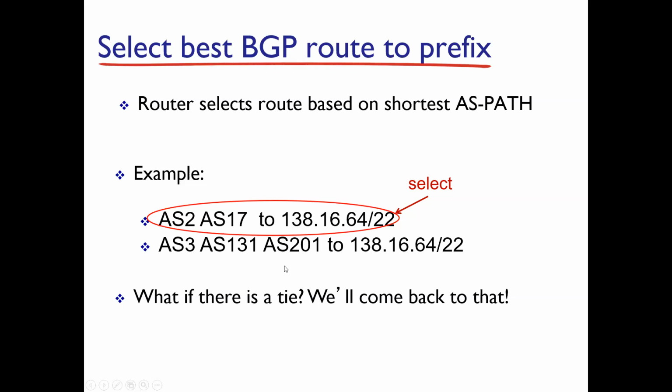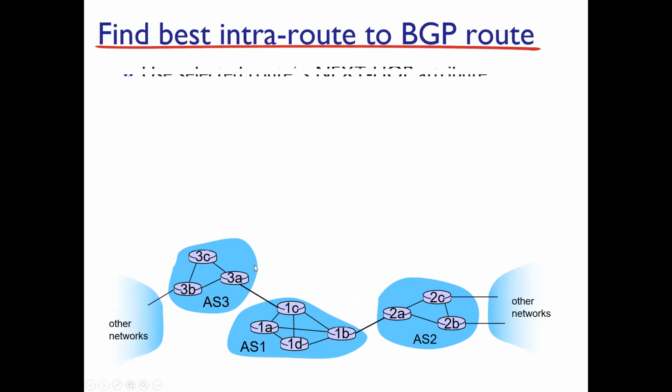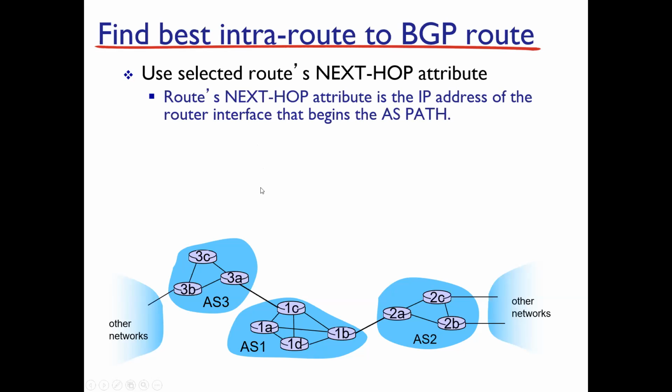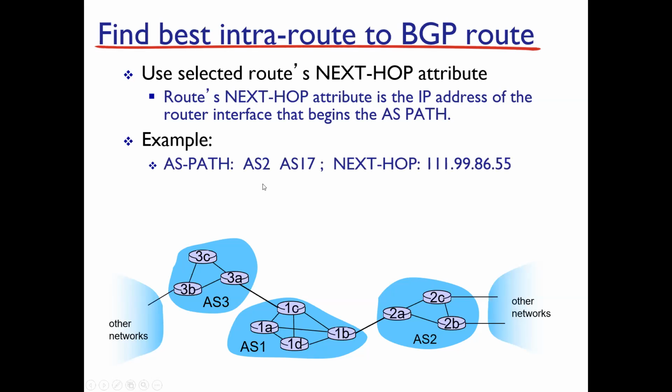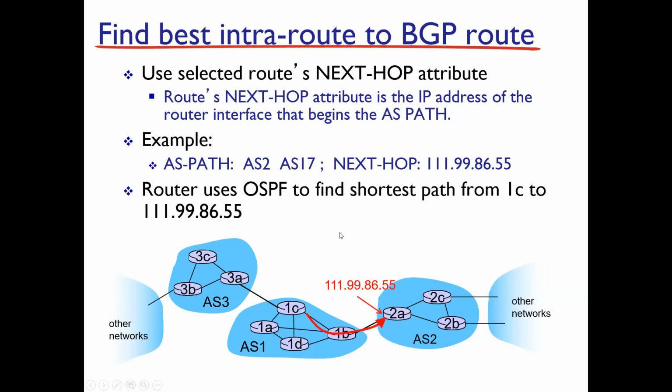in your table. What happens if there's a tie, if you have two AS paths with the same number of ASs that you have to traverse? So we'll get back to that in a minute. So once you select the route's next hop attribute, that is the IP address that you need to get to. That IP address, of course, is going to be part of a subnet, and उस subnet तक पहुंचने के लिए you will have